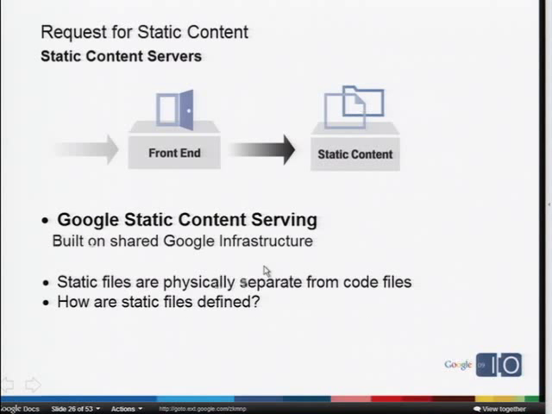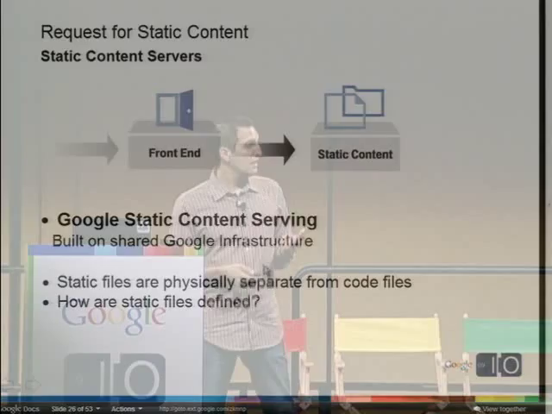So, static content servers built on shared Google infrastructure. This is an entire service inside Google of which App Engine is not the only customer. And you can be assured that it's a very reliable, very robust, very large-scale system. This also means since your request did not hit your application servers or any of the other components that I talked about earlier,